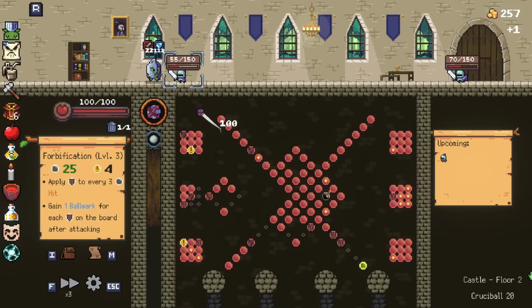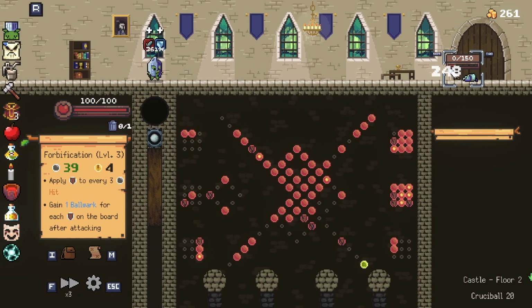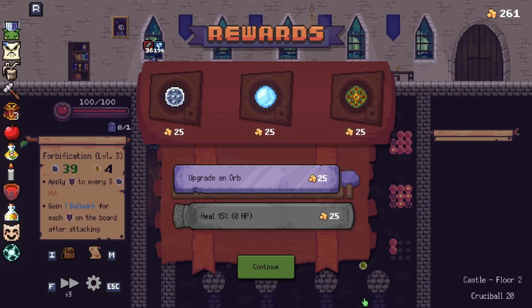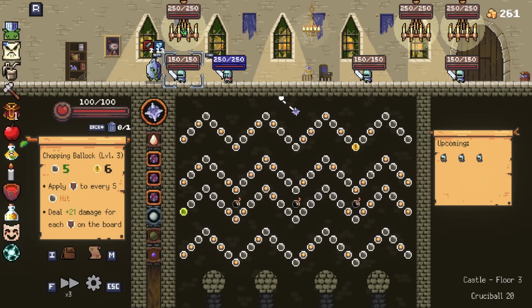Perfect. And yeah, as I was trying to mention earlier, I do love the 3-1 split, so even though Chopping Bollock really is not the highlight of this run at all, it is at least an orb that is trying to do what I'm trying to do. And as such, you know, it's nice to give it a chance to do something, because I don't really think it's an orb that deserves the chance to do something. I think that it basically exists as a...